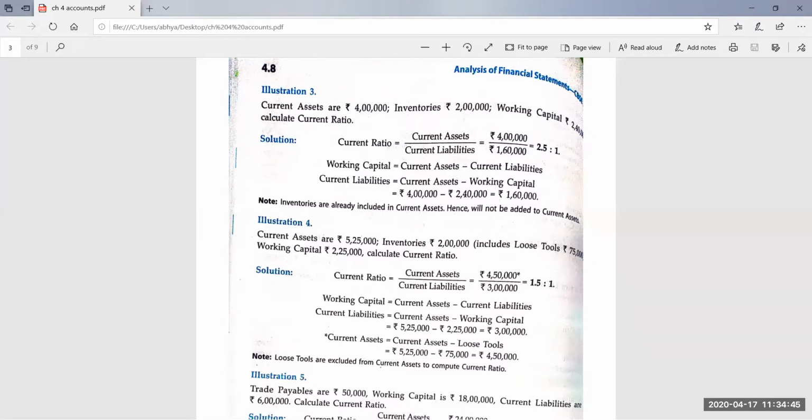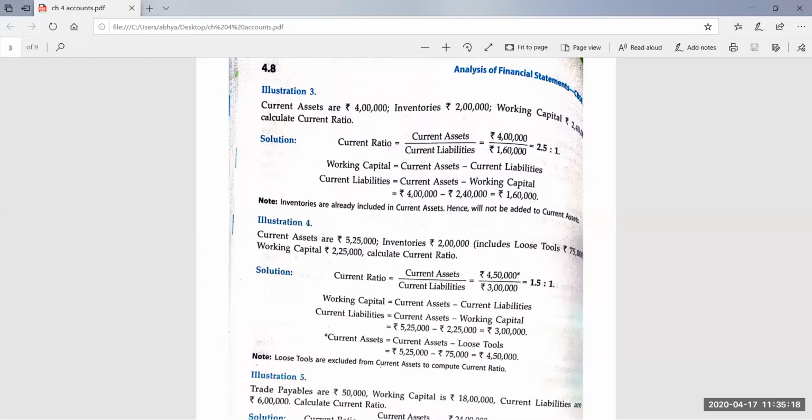No. So I just want to make one thing clear: whenever a whole concept is given, Anirudh Gupta is saying that it is added in current liabilities. You need not add it in current liability. It is already added. I told you earlier also, whenever the word current liability is given, it means the whole concept which you need in the question. So you need not make any change in it, need not add anything, need not subtract anything.